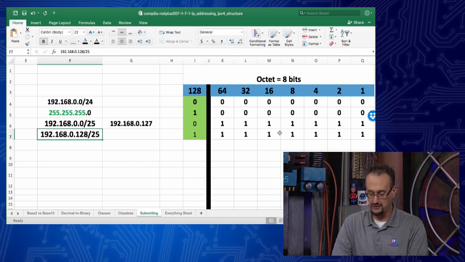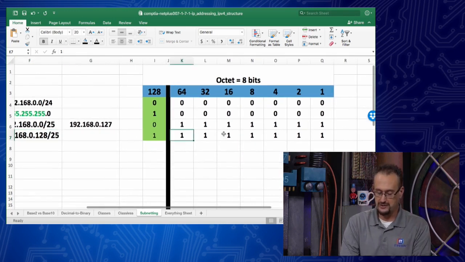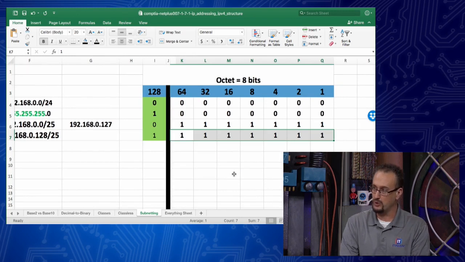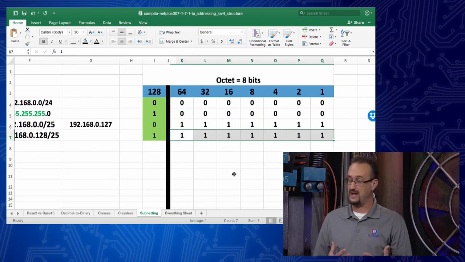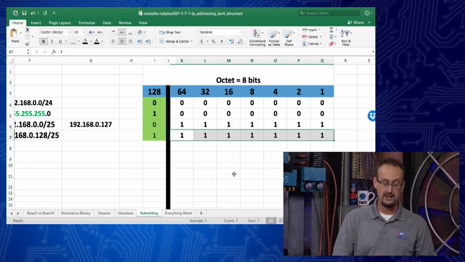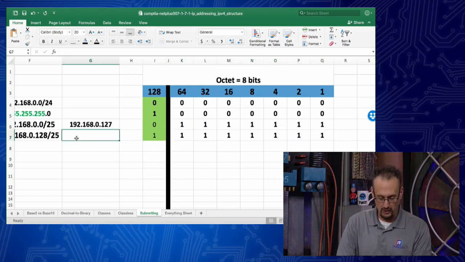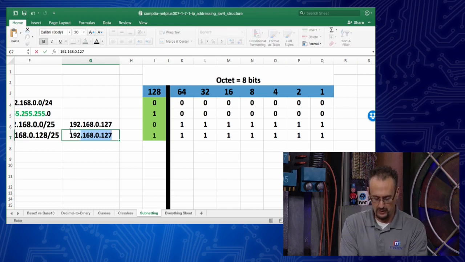A 1 followed by all zeros. But if I turn this into all 1s in the node portion, that now gives me what the broadcast ID, or the broadcast address, is for that network. Well, that tells me that the broadcast ID, or address, if you will, is going to be what? Well, what's all 1s in an octet? It's going to be